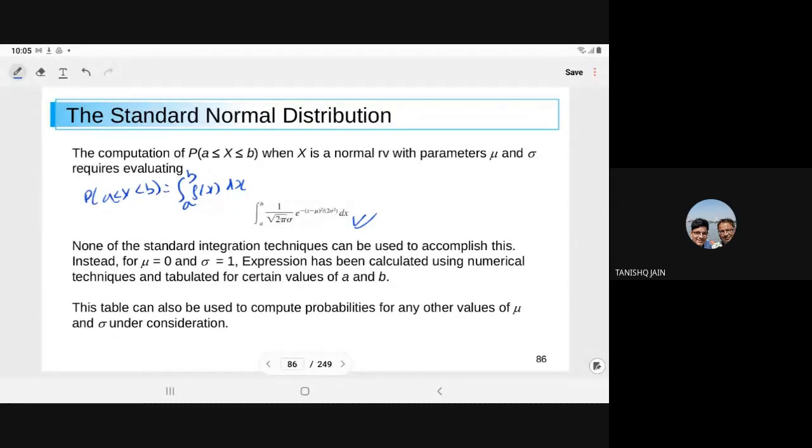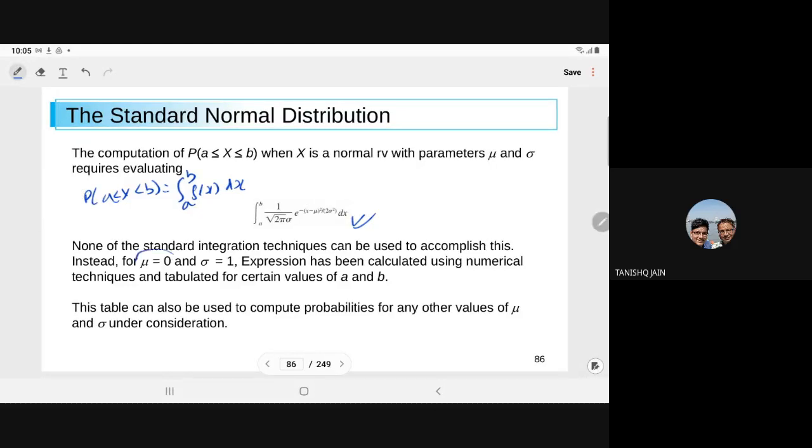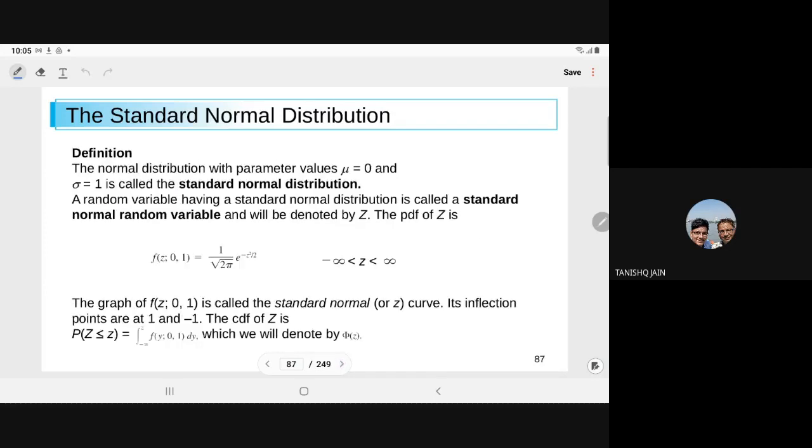To overcome this, what we can do, we have seen that if you take mu equal to 0 and sigma equal to 1, then this can be integrated between the limits a to b. Even then, we have to go with the numerical solution only. Analytical integration will not exist. So for mu equal to 0 and sigma equal to 1, we can at least form the table from the numerical integration, right? So this distribution for which mu is equal to 0 and sigma is equal to 1 is known as the standard normal distribution.